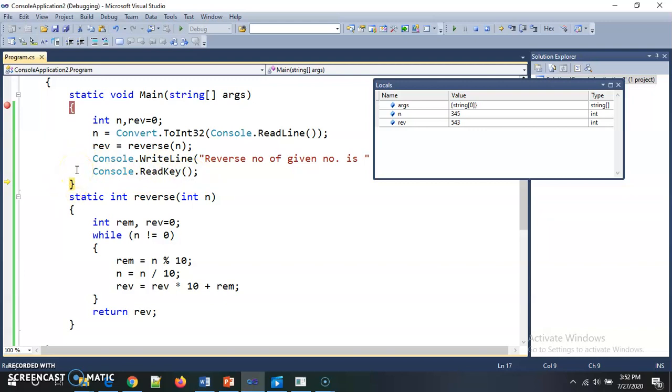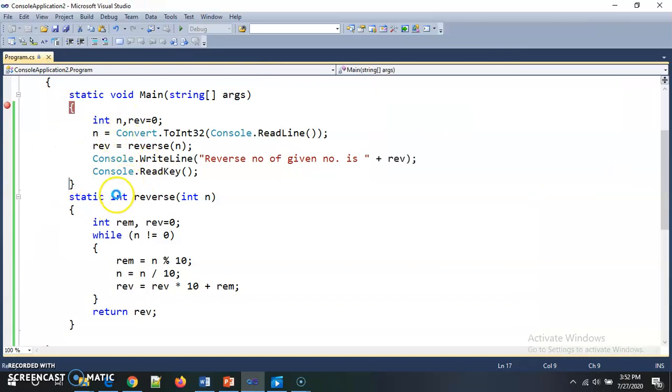Now if I press F11 key again, then my program is completed successfully and memory will be released. So there is no variable inside memory now. After completing this main block, all memory which was allocated by this main function will be released.